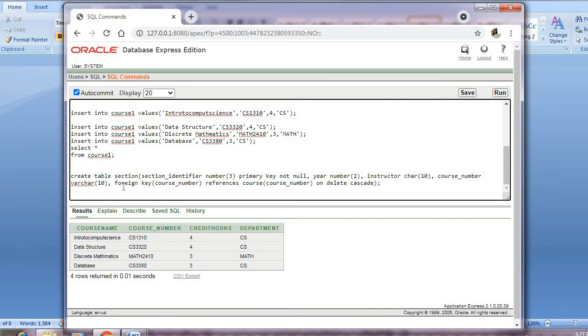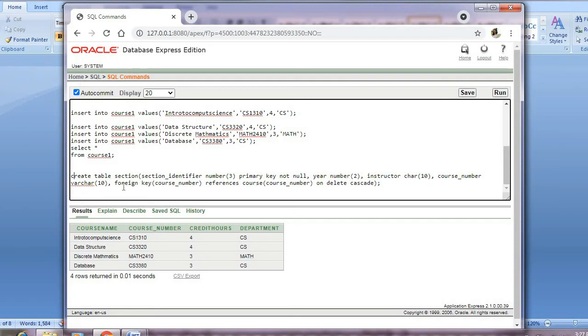The thing is that course number was present in the course table also, and it is present in the section table also. While explaining the theory, I told you that if a key attribute is acting as a primary key in one table, when you provide a connection in another table, the same attribute will be treated as a foreign key.